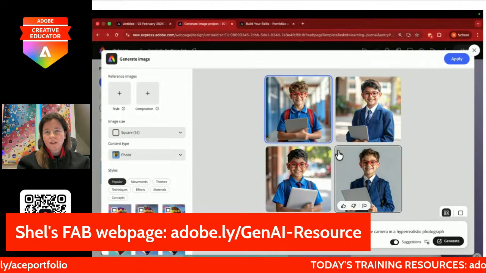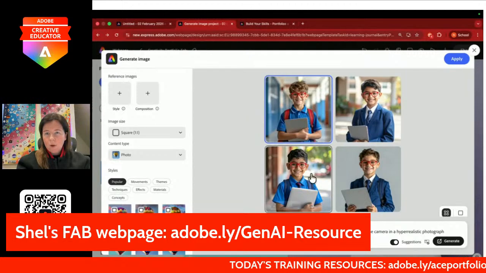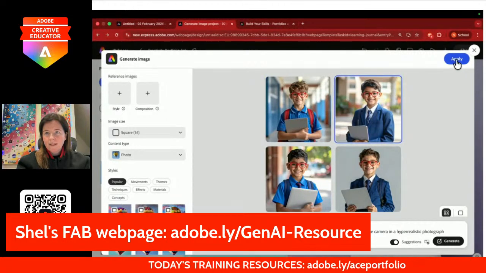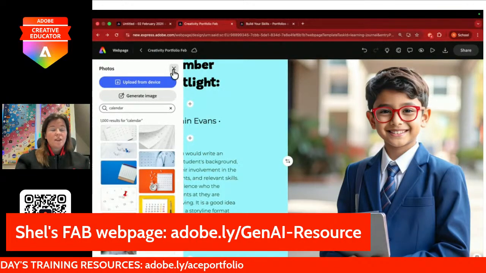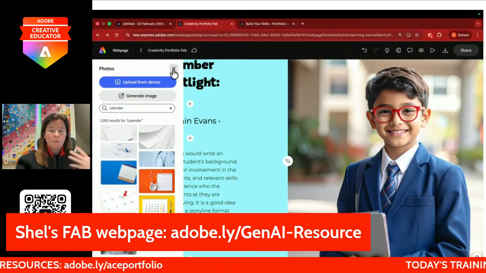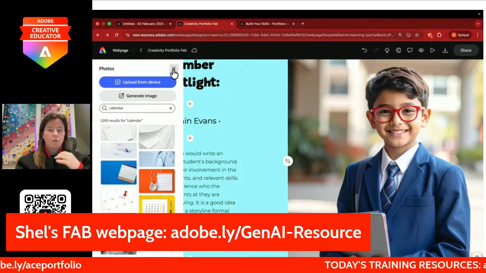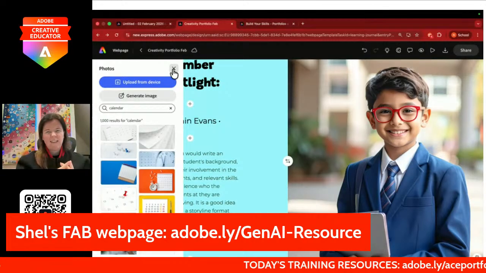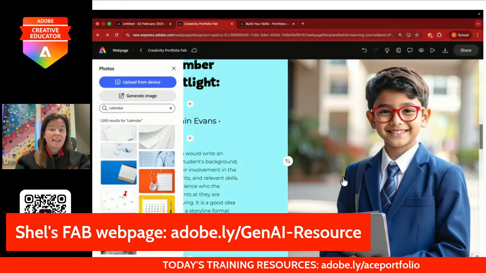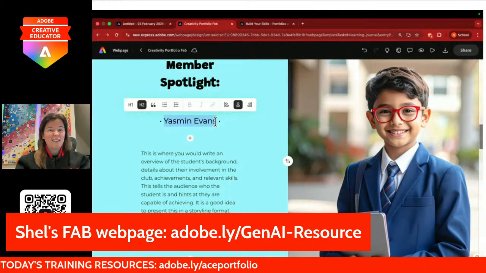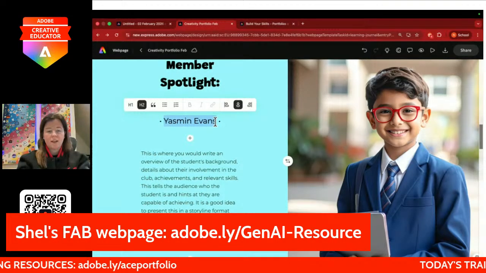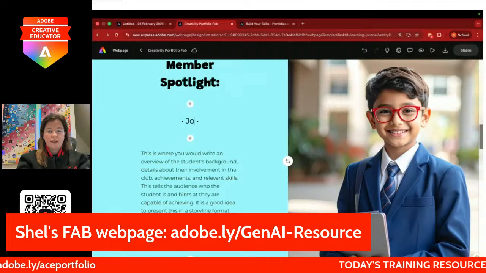Oh, how cute is this kid? You know what? I like them all. Let's use this one. Let's apply. There we go. And again, getting students to go in and improve their prompt so that maybe it shows freckles or their color of hair and go and extend that out. But I'm seeing this becoming more popular to protect students' identities, just get them to prompt a version of themselves. So this is